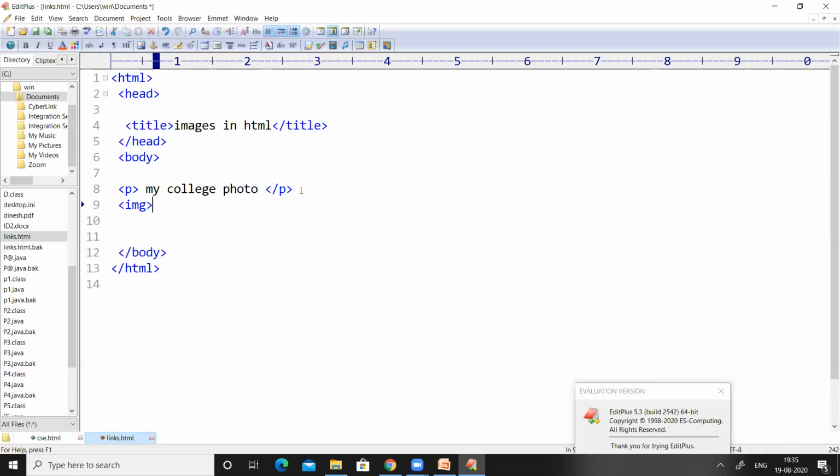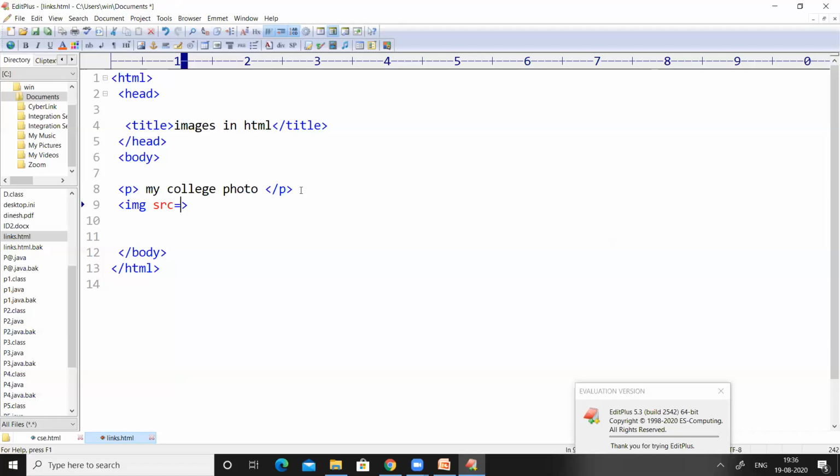Simply by using the image tag, it will never display an image on the web page. That image tag should be added with an attribute called SRC. I already said that SRC means the source attribute.